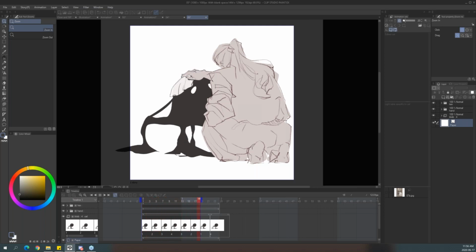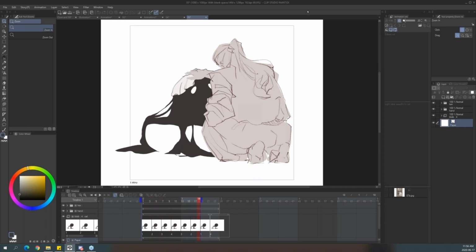Here, for example, RL Robertson says, when did you start using Clip Studio Paint, and what is one of your favorite features of the software? I started using it 2 years ago. Three years ago. Yeah, 3 years ago. And I think my favorite is honestly the 3D model. There are too many things. I would say brush